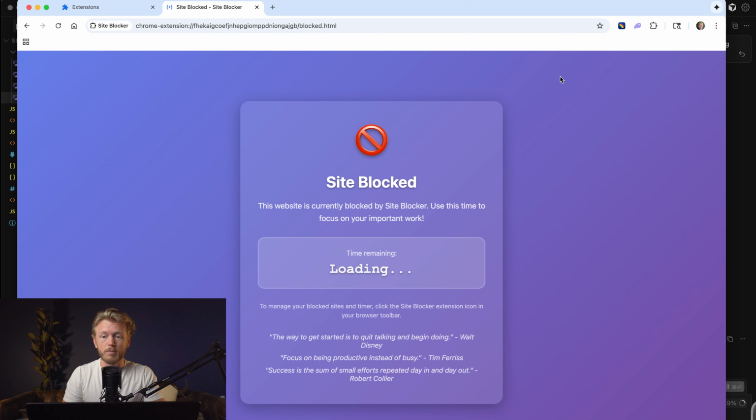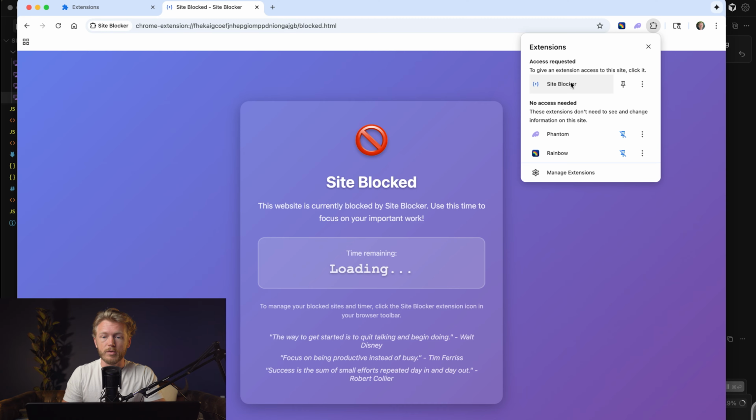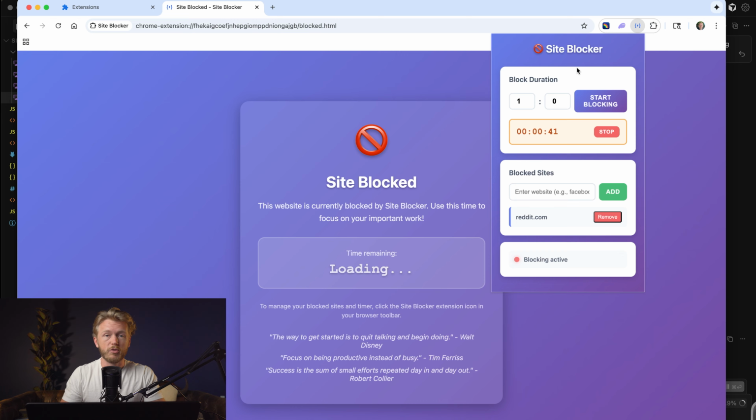It was that easy to just build our own blocker. And obviously we can add a bunch of other features to this that we might want, but as is, this is a pretty solid app. This is something that somebody might even pay for, right? I've certainly paid for blocking apps that